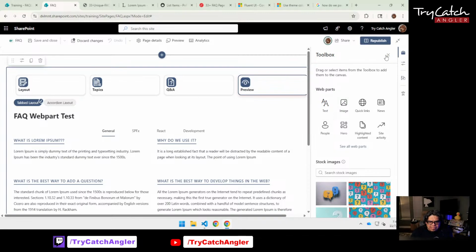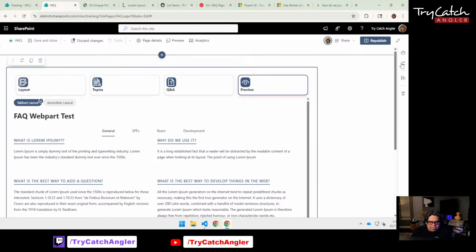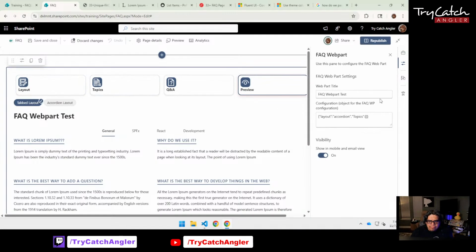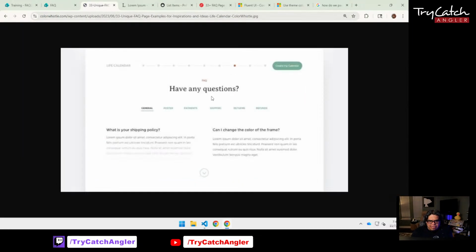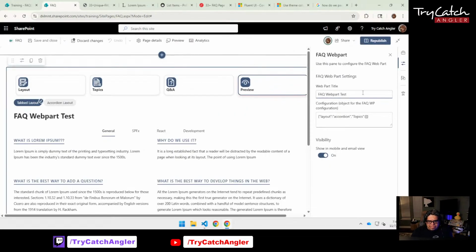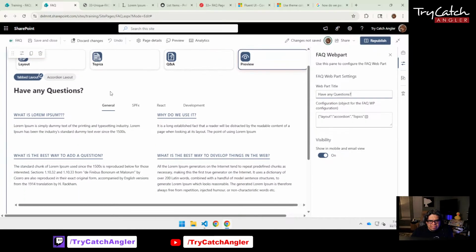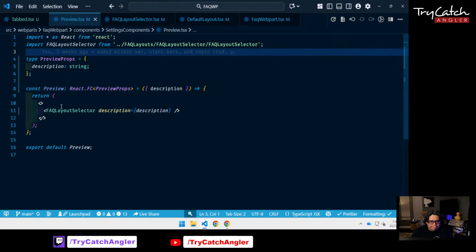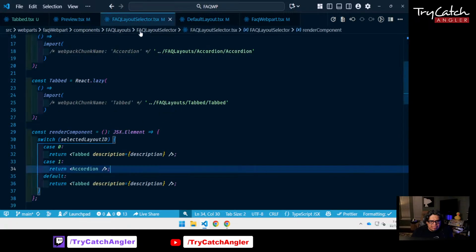So here you can see that the user can have an option to add a title. So the title could be like, have any questions? So you can just type in have any questions, right? So now we have to center this. So in the FAQ layout selector,